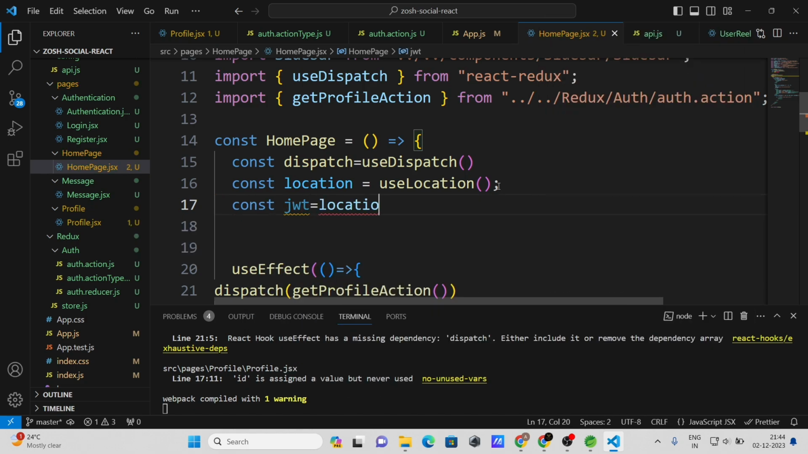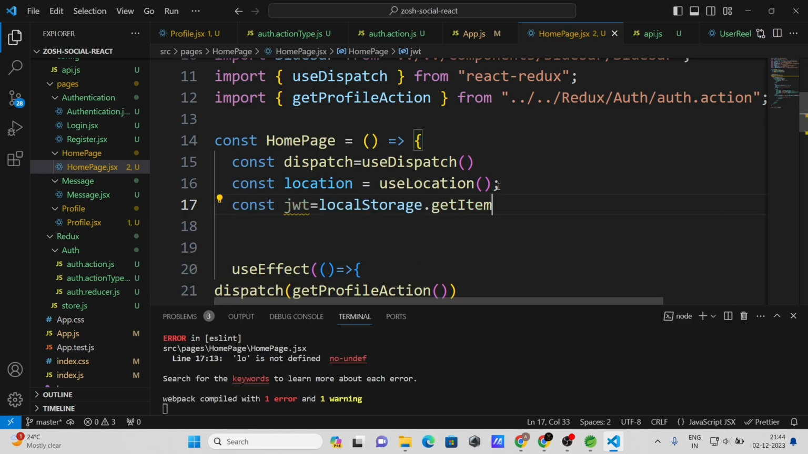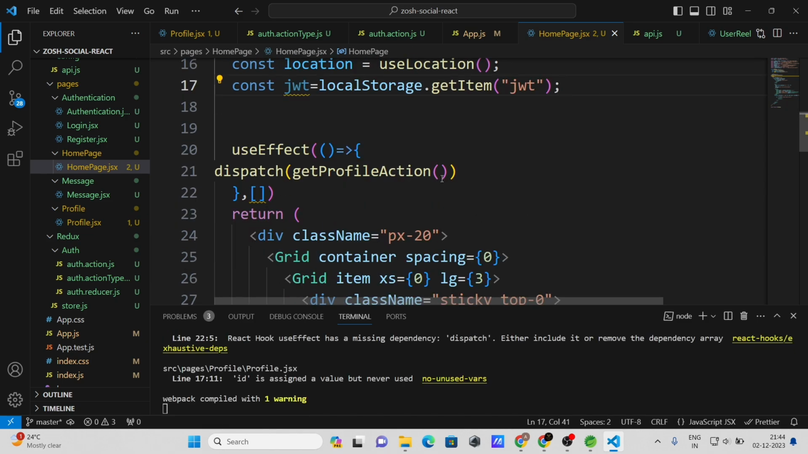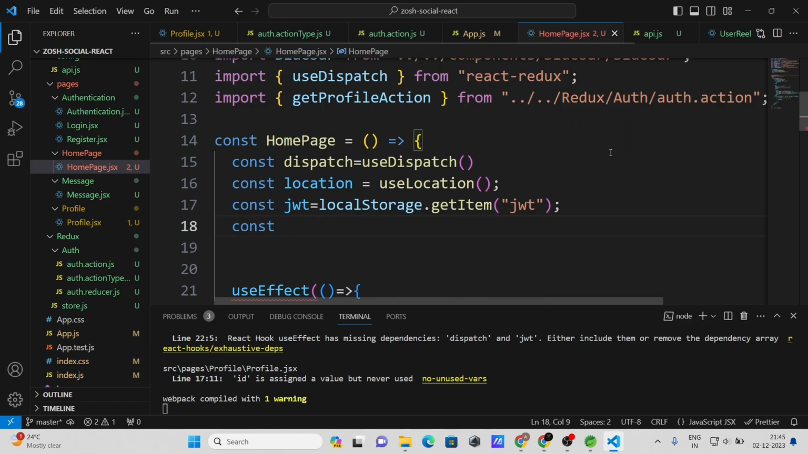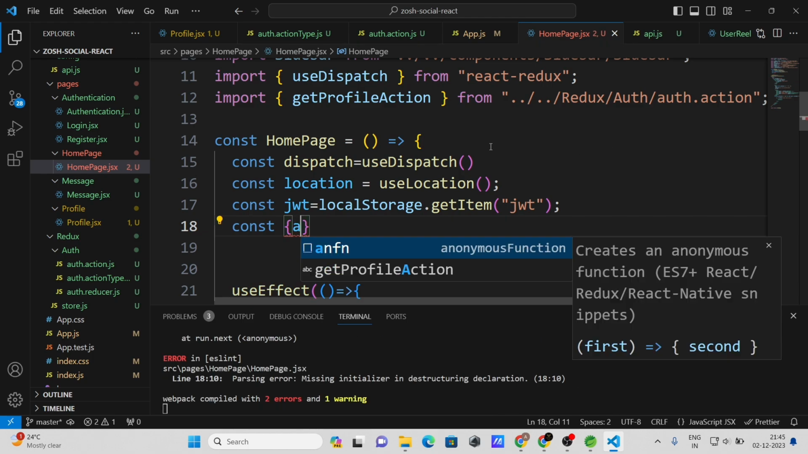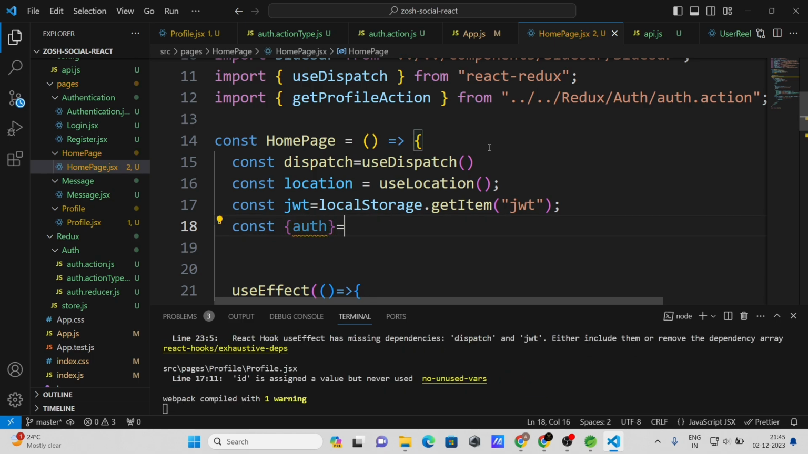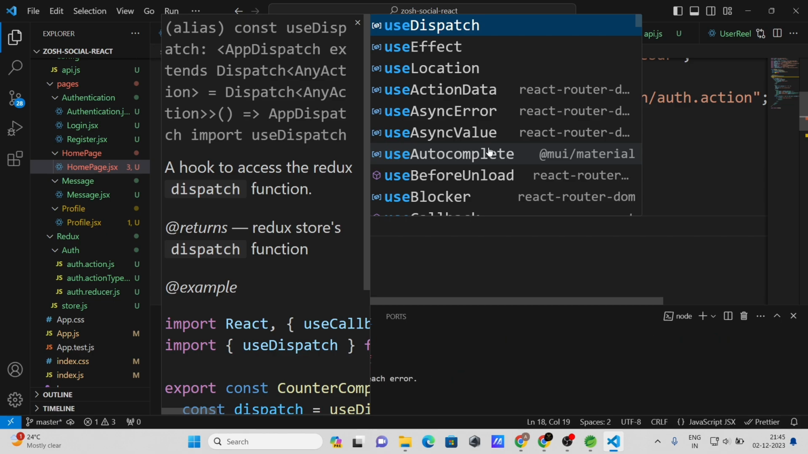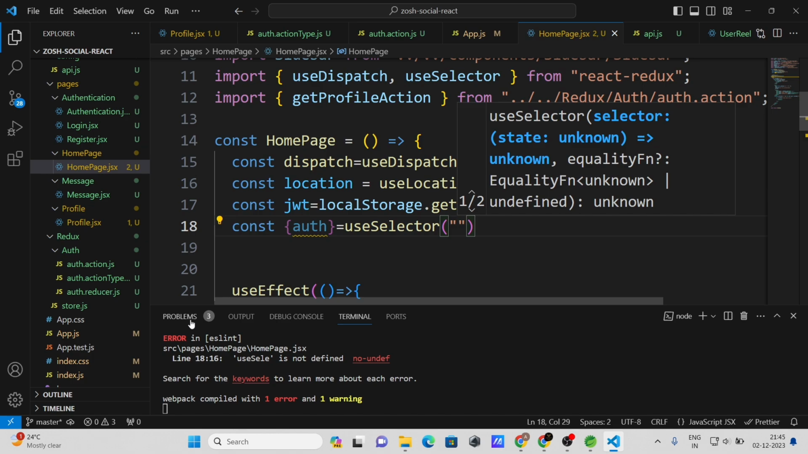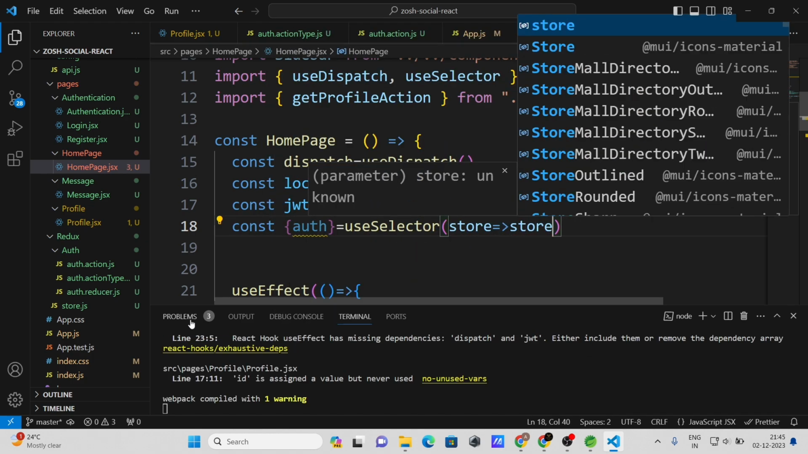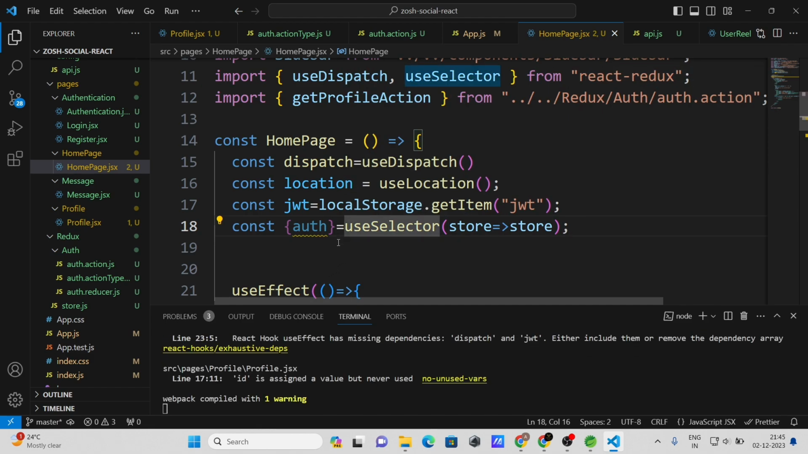JWT equal to localStorage dot getItem, and here we need to give the key name, and that is nothing but JWT, and here I will pass our actual JWT. Now what I'm gonna do, I will access our user. So for that, let me access here auth, and I will use useSelector and store. Okay guys, so that is the syntax for accessing store. Okay, that's how we can access our Redux store, using useSelector,